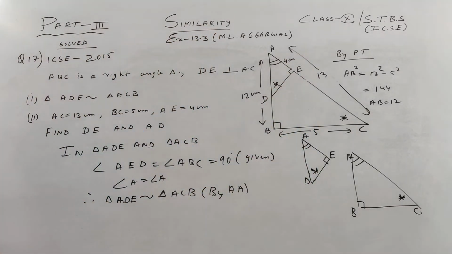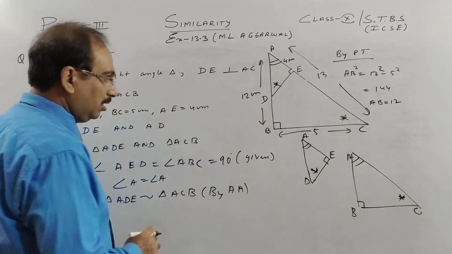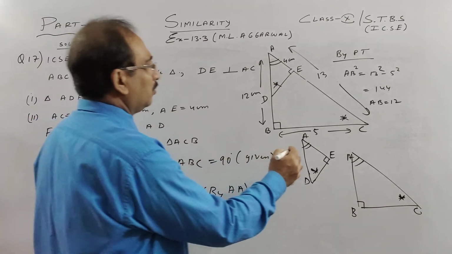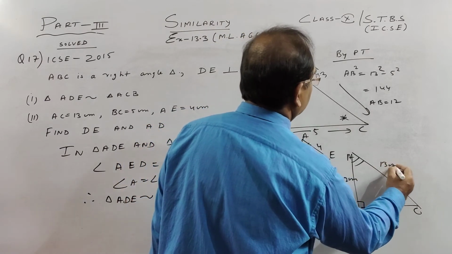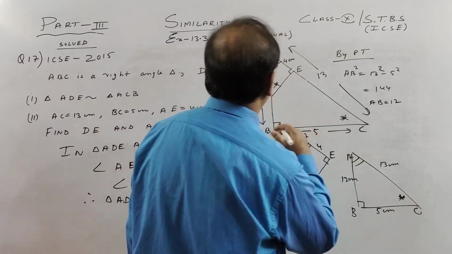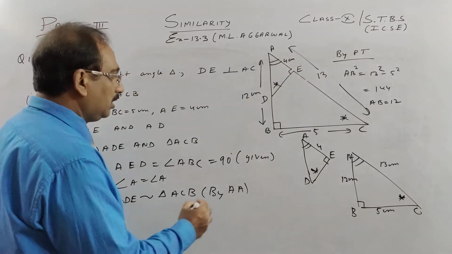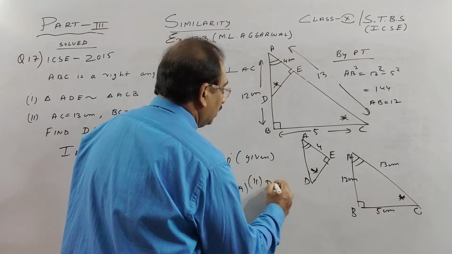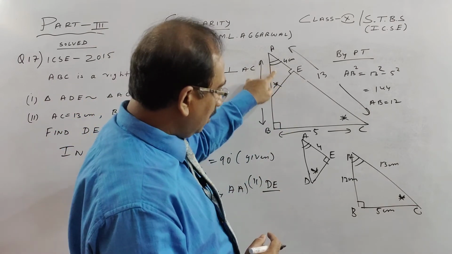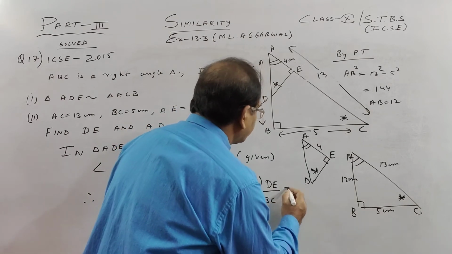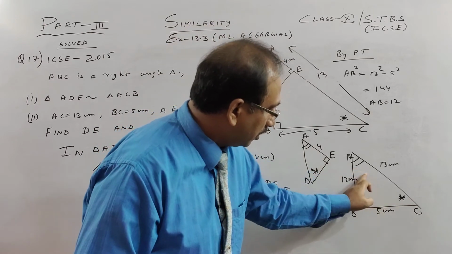Okay, so what we have to find here is DE. So let me write over here, it will be easier for you. 4, this is 12 centimeter, children. This is 13 centimeter. This is 5 centimeter. What is given? Big triangle, all sides we know, small triangle we know. So see here, DE of this triangle, part 2 I am doing here. DE is proportional to the small triangle. See, DE is opposite to this, so opposite to this is your BC. DE of this small triangle is corresponding to BC.